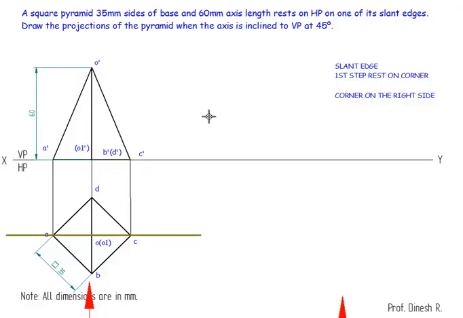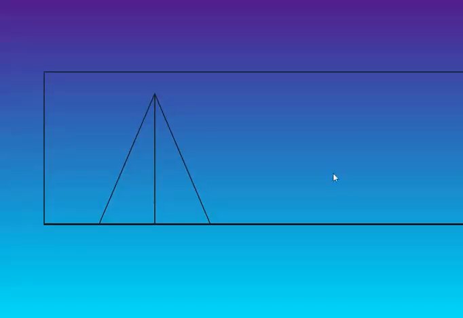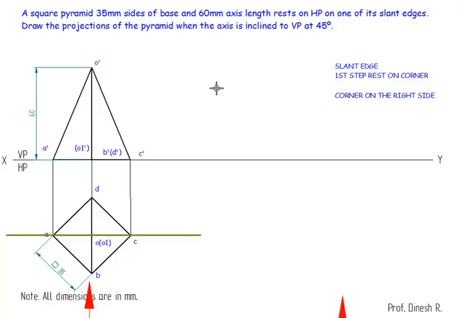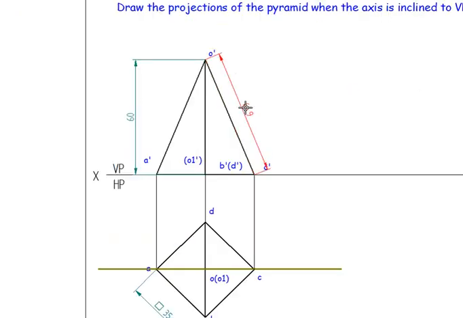The next step is we need to rest it on the slant edge. So here I'll be making it rest on the slant edge by tilting it 90 degrees. So you can see that this pyramid has been made to slip, where it is going to be resting on the slant edge. So I need to construct this. If I need to construct this, first thing is I measure this length, which is 64.9. So here it is going to be equally inclined, that means even this should also be equal to 64.9. Also I need to find this distance,